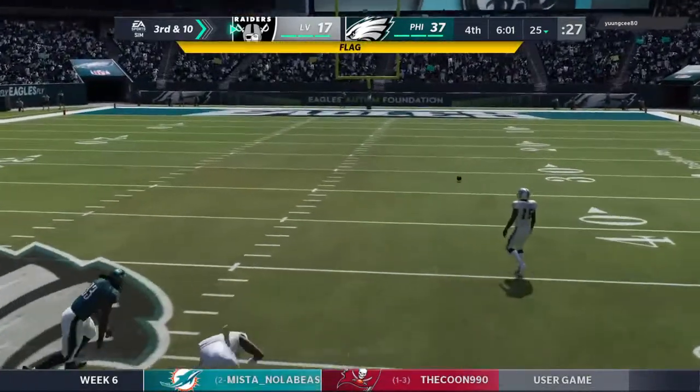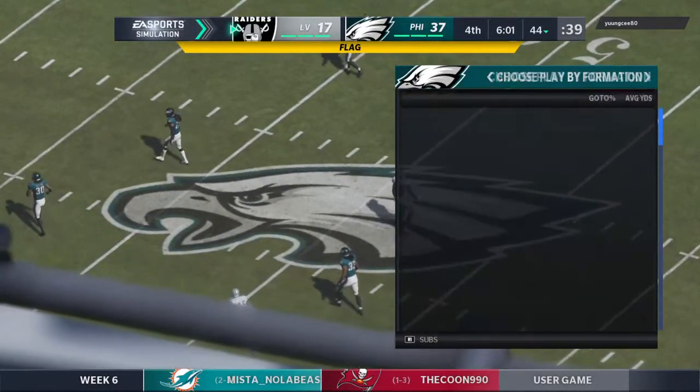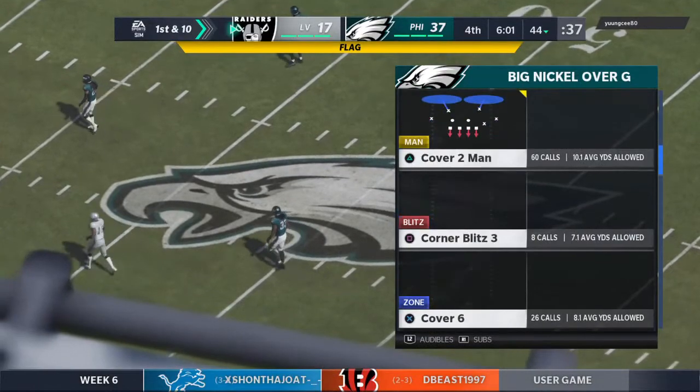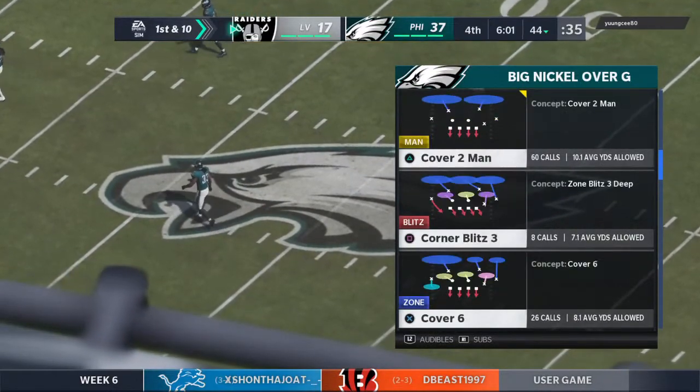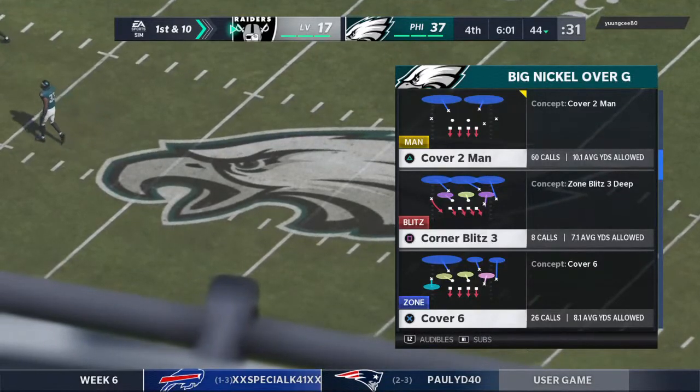That's incomplete, but there is a flag down, so hang on. A big call coming on 3rd down. Some boos coming down right now from this home crowd after that call. Yeah, and that was because of the pass interference call,